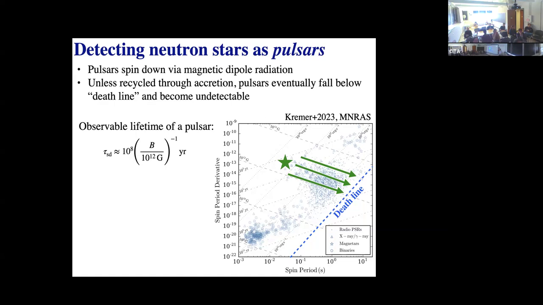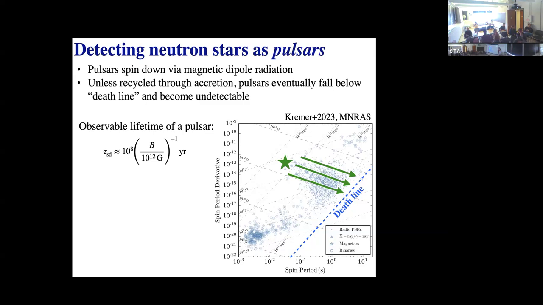These little blue points in the background are all of the radio pulsars that are observed in the Milky Way. For an object like the Crab pulsar, which is born with a magnetic field of around 10^12 Gauss, the observable lifetime before it evolves below the death line is around 10^8 years. Now again, most globular clusters are 10^10 years or older,